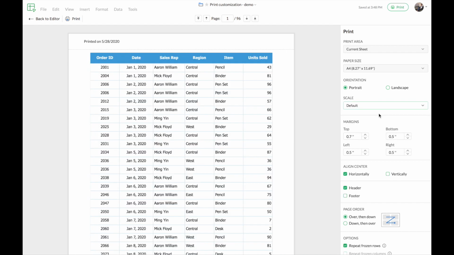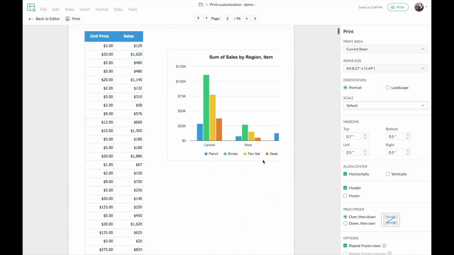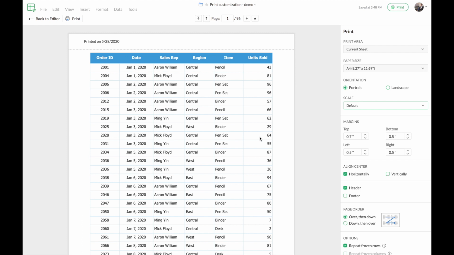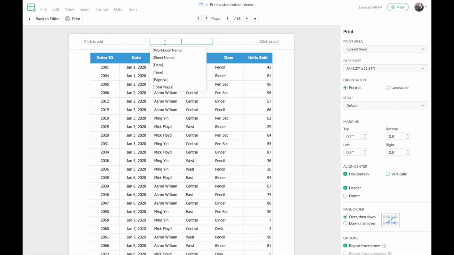So now we are back to the default scaling that we had, and you can notice the columns spilling over to the next page. So now that I have the data here, you can notice that we have the header that we had set previously for the invoice being displayed here. So I'm just going to remove this header and add another header in the center here for this particular data. So I'm just going to go with the worksheet name. So the worksheet name that I have is sales report. So you can choose the header or footer that you prefer based on your data and use case.